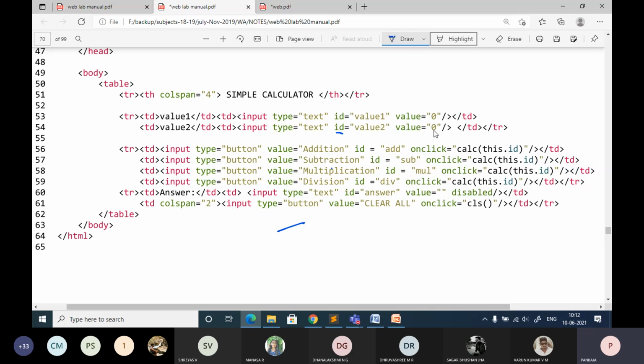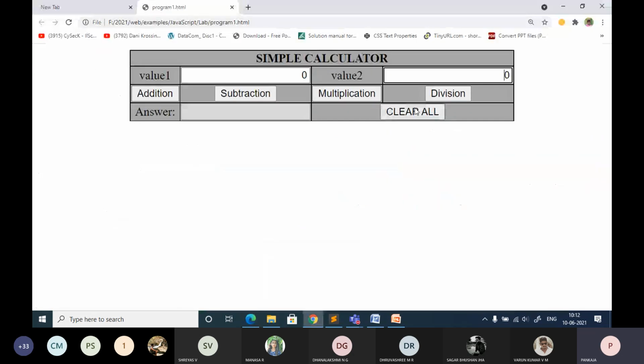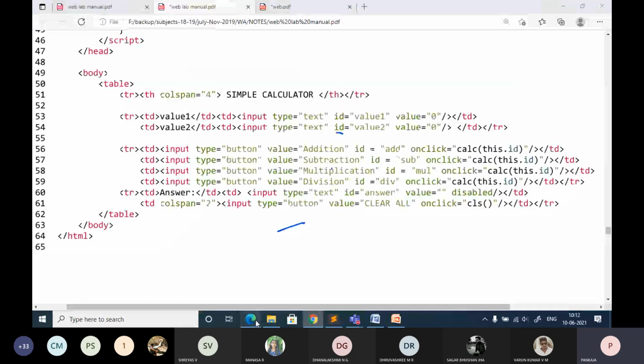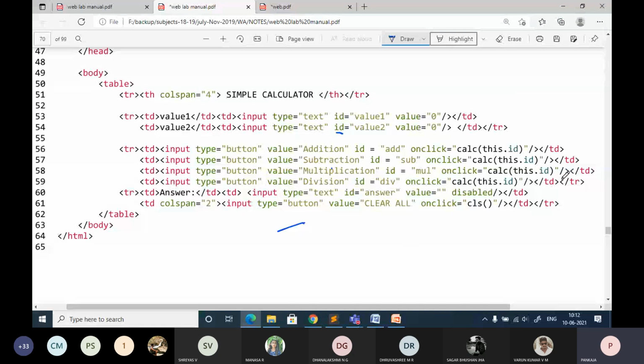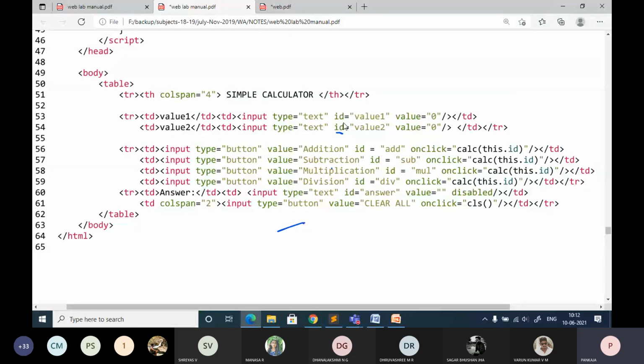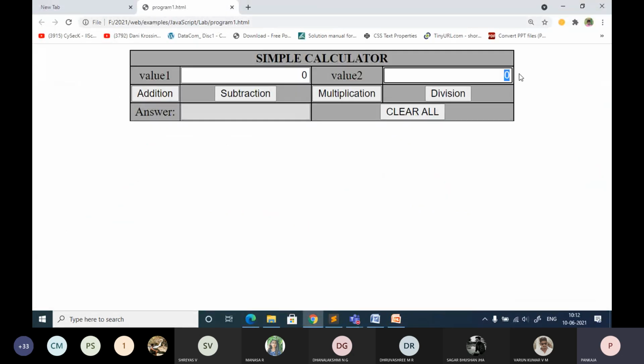Whenever I click on clear all, by default the value should be 0. That's what I'm getting there. If you remove that value equal to 0, then it will be an empty text box. Okay, so this is the first input box where you are going to get the data from the user. This is one input box and this is the second input box.